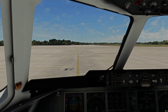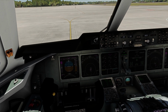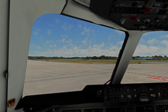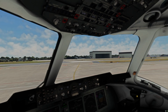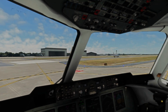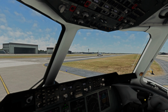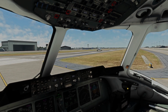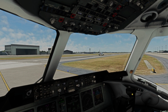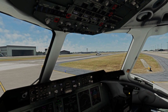Alright, so we are taxiing to runway 27 now. Very short taxi, it's right there. There is fair weather in Memphis currently, so I don't think we'll be delayed any, but there is an A321 or an A320 on the runway, and it has not left the runway for like 2 minutes. Hopefully it'll just despawn, because I don't want to wait hours for it to go away. I will talk to you guys when we are on the runway again, and hopefully nothing's